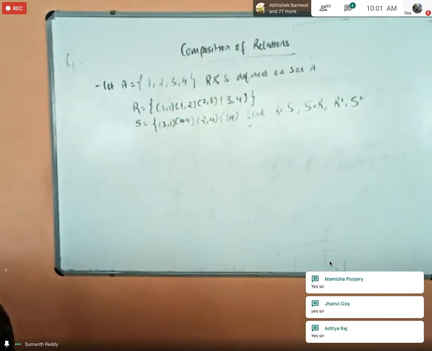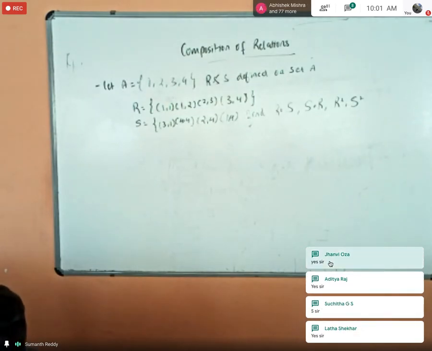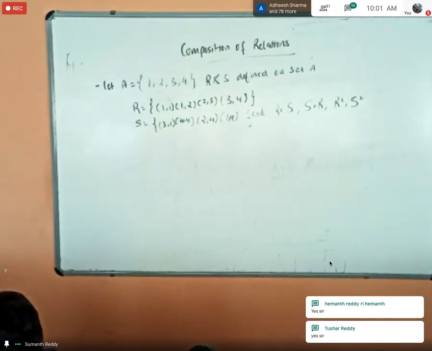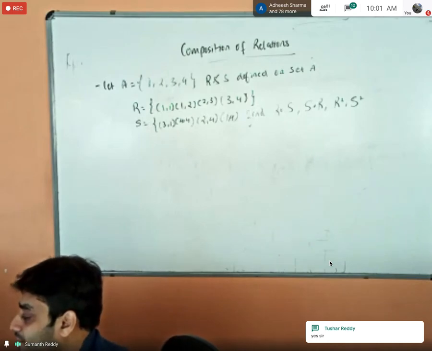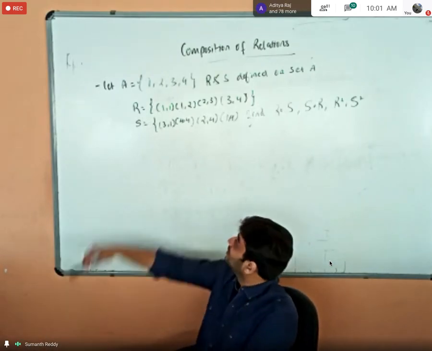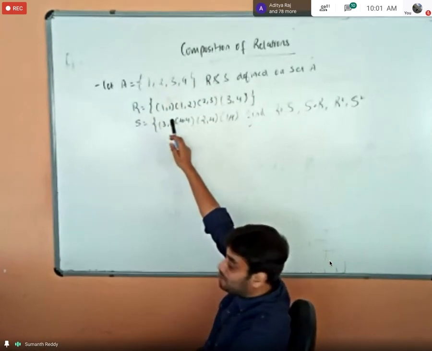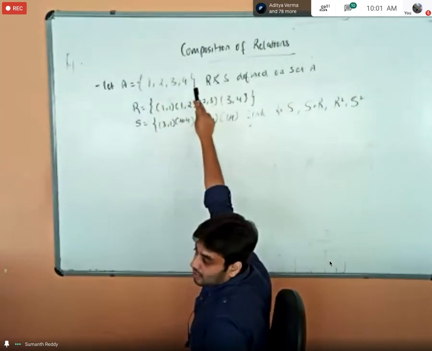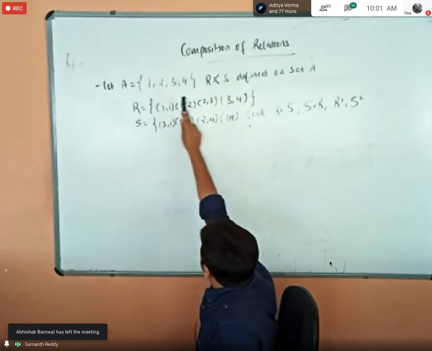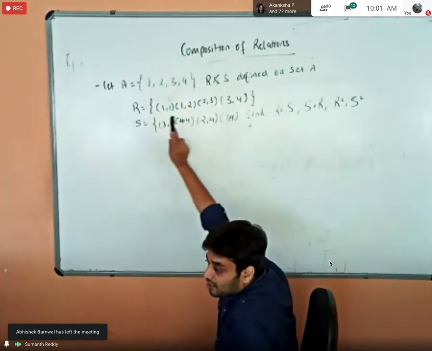Okay. So what I will do is for you people, I will just read the question. See, actually, students, I told you, right? You need to keep one paper and pen so you can solve. So I'll just read the question for you, okay? So slowly I'll read. The set A will contain the elements 1, 2, 3, 4. I'll repeat, set A contains the elements 1, 2, 3, 4. R and S are the relations which are defined on A, okay?